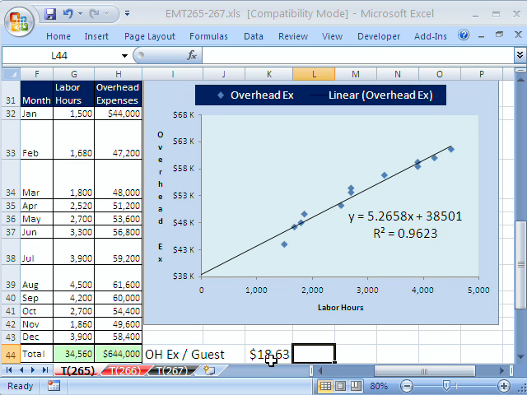But the problem is that includes variable and fixed cost. That would be called a mixed cost. And if we really want to do accurate analysis for a bid, we would like to be able to extract from this 1863 overhead per guest, and see what part is really the variable. One way to do that, and here's the finished result, we'll see how to do this in our video, is